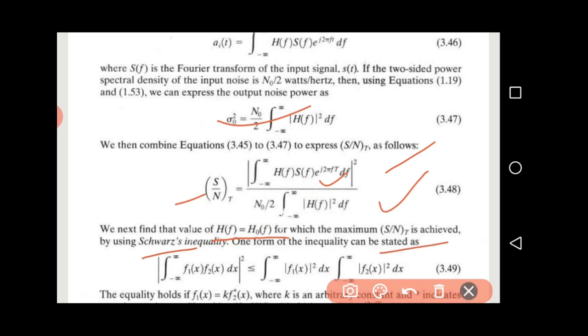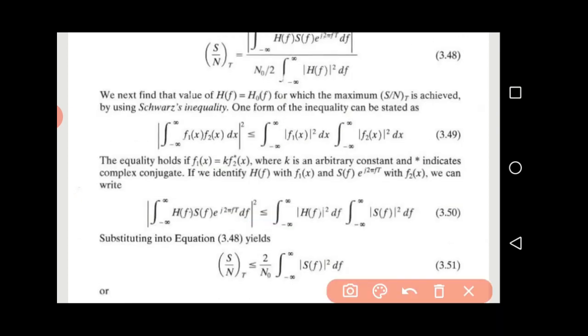One form of the inequality can be stated as |∫ from −∞ to +∞ of f1(x) f2(x) dx|² is less than or equal to ∫ from −∞ to +∞ of |f1(x)|² dx times ∫ from −∞ to +∞ of |f2(x)|² dx. The equality holds if f1(x) is equal to k f2*(x), where k is an arbitrary constant and the star denotes the complex